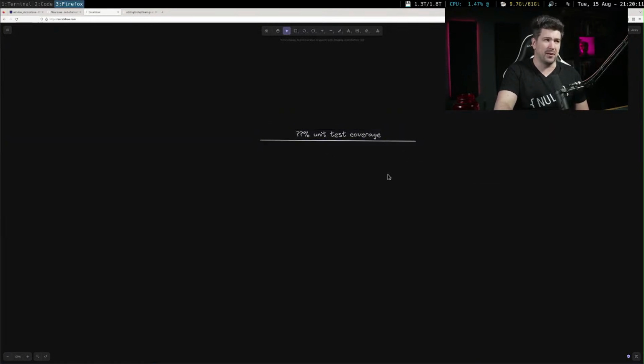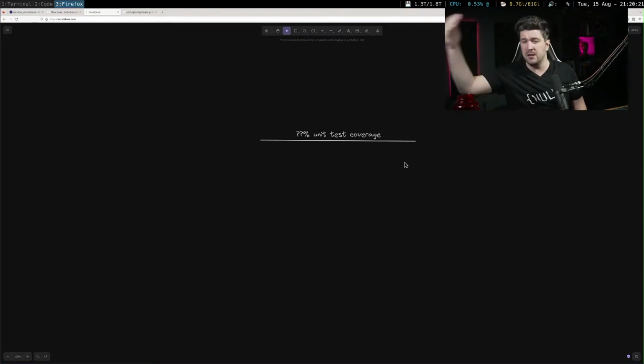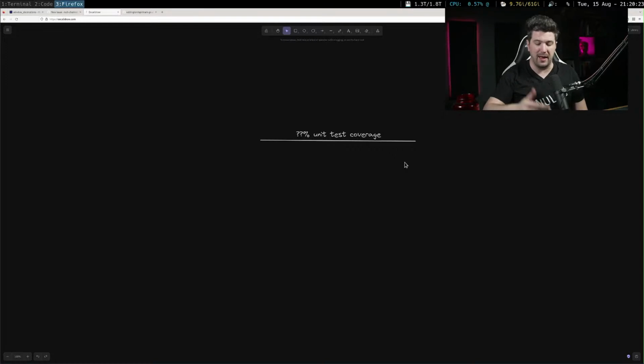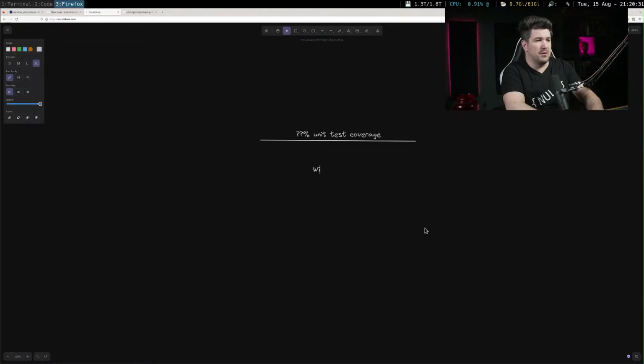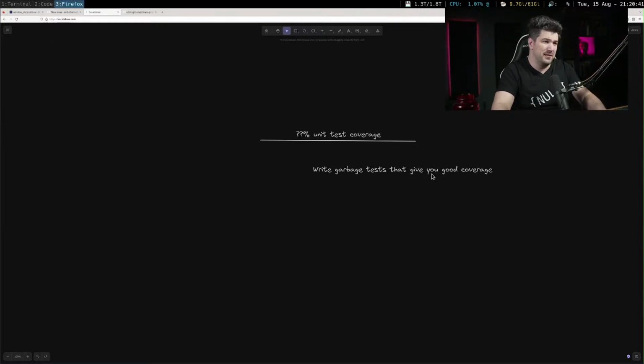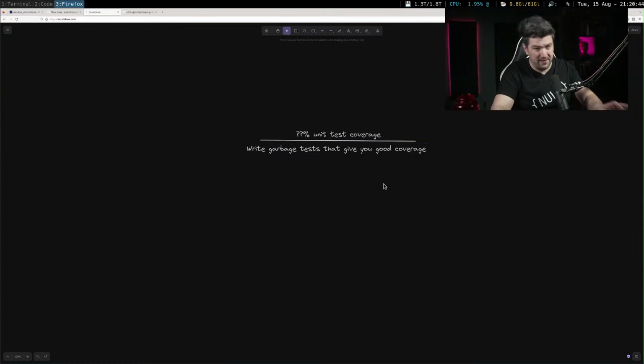You should never make a bar for test coverage. If you want to encourage testing, tell them that they need to spend 10% of their time on tests, and you want to see an improvement in our reliability. This bar causes you to write garbage tests that give you good coverage. You'll find that you've tested nothing and have fantastic coverage if you set that bar.